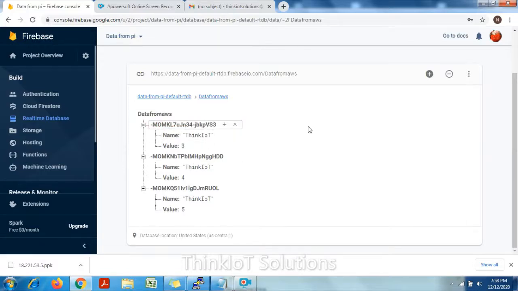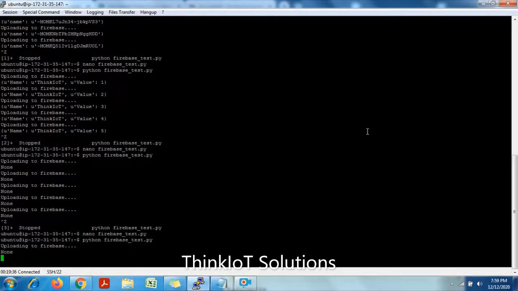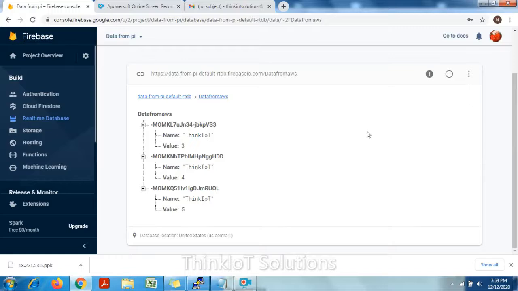So you have only 3, 4 and 5. This is how you can post the data, patch the data into the existing child or existing parent or existing instance, or delete an instance completely.